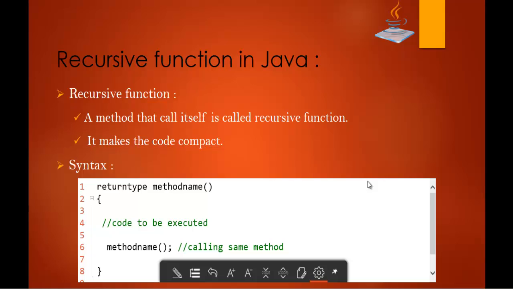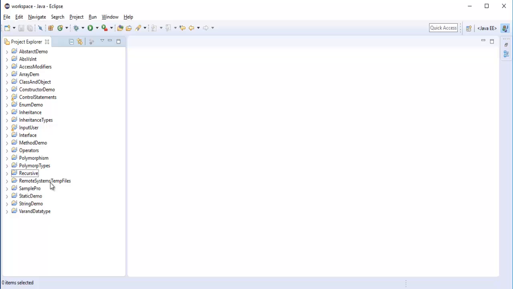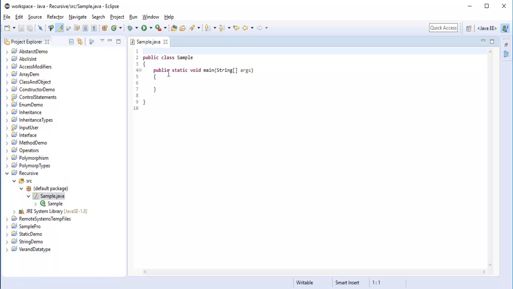So let me show you a demo of it. To understand that, let me start with a simple basic example. Let me jump into Eclipse, where I have a project called recursive function and a class called sample.java. What I'll do right now is define one static method,